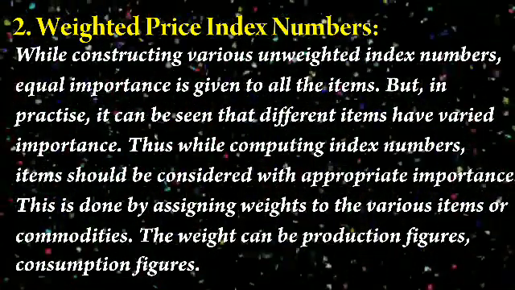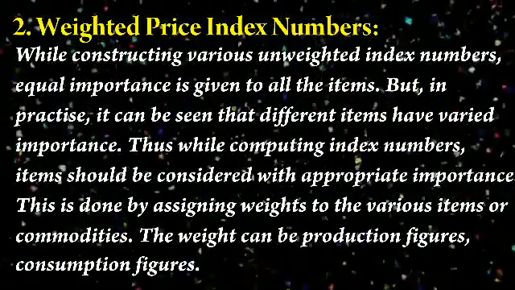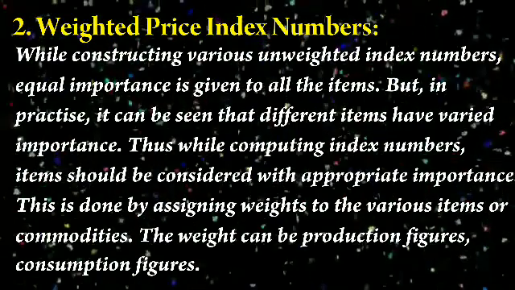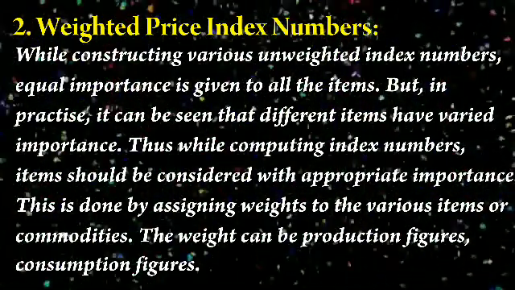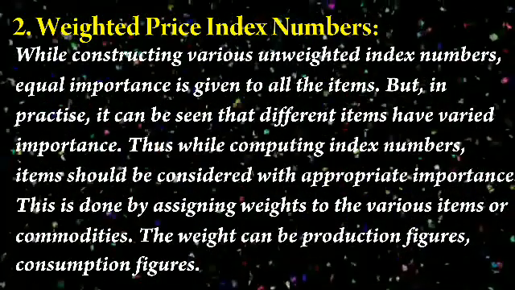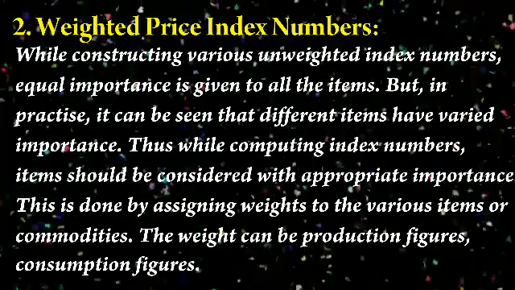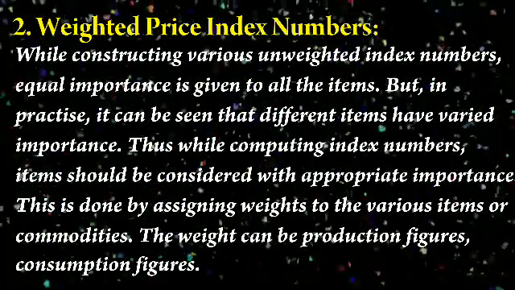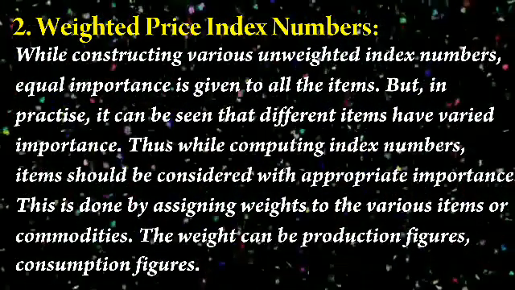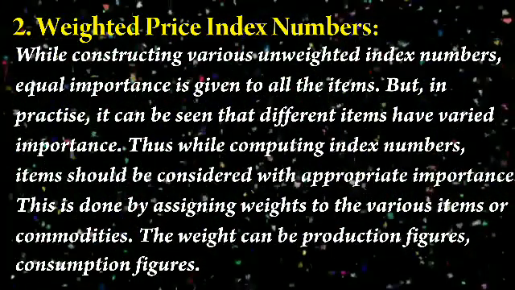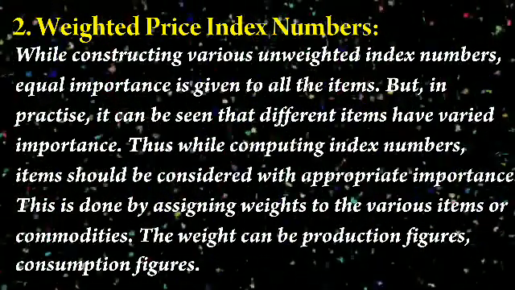So weights are assigned based on their relative importance. One weight value is not common for all the items under consideration. But in the concept of unweighted index number, equal importance is given. Since it is equal importance, we ignore the weight values and compute the index number only based on the price values. But here, since it is a weighted index, you are giving relative importance to each item, based on which the weight values are assigned, and based on that you are constructing the index number.